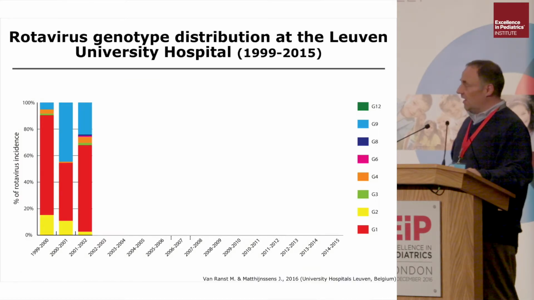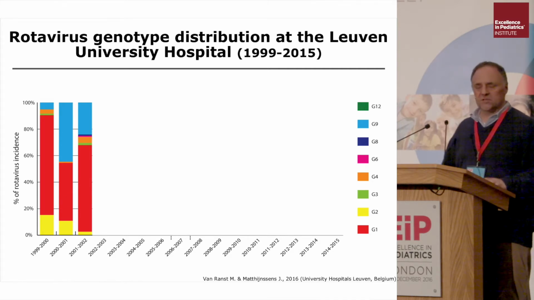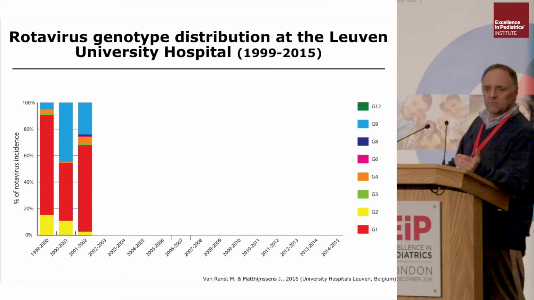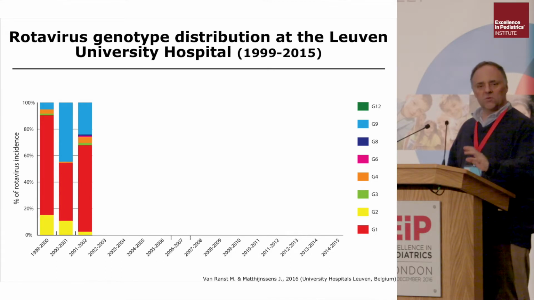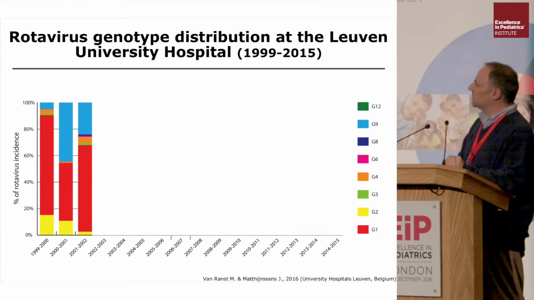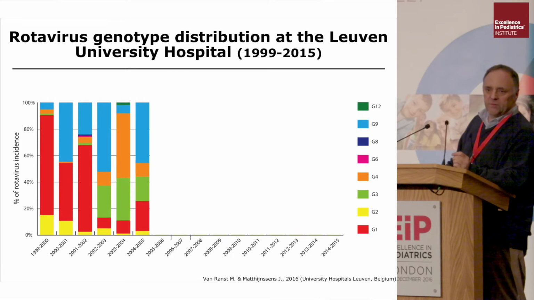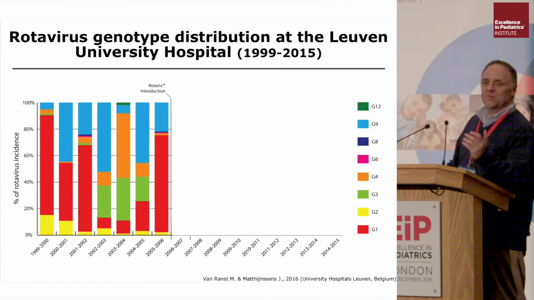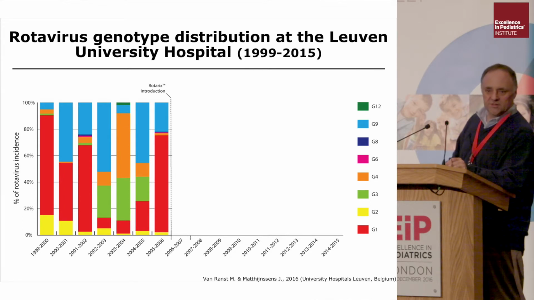When you look at the G types, the G genotypes, you can see that when they started thinking about the vaccination program, here in red, G1 was the most prevalent one. So when they were making the vaccines, they thought, okay, if it works for G1, that's the major target. Then, much to their dismay, just before they launched the vaccine, G1 almost disappeared, and for some reason, either G9 became very prevalent, and G3 was in some years more prevalent, and G4 than G1. But then, luckily for the vaccination companies, just before they launched the vaccine, G1 was there again.